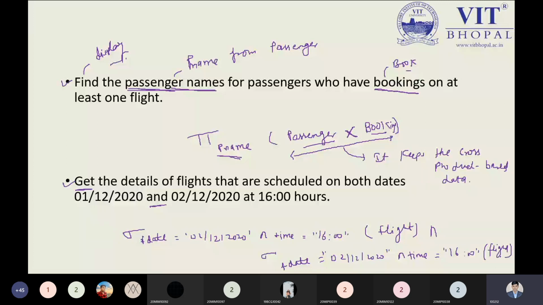So this is our query. Now we have to keep this in mind properly. This is the simple example we have discussed so far. Now if you have any doubt, please ask me right now.